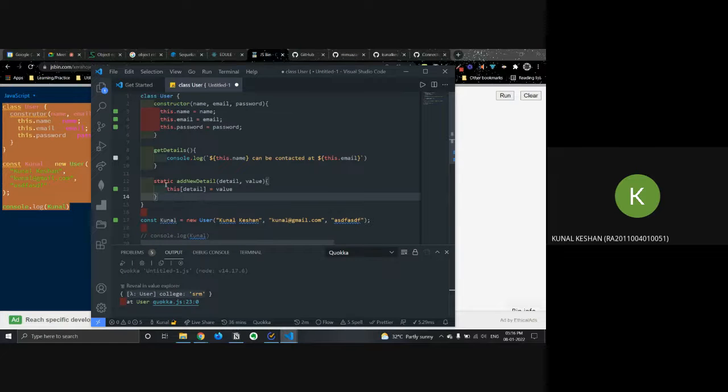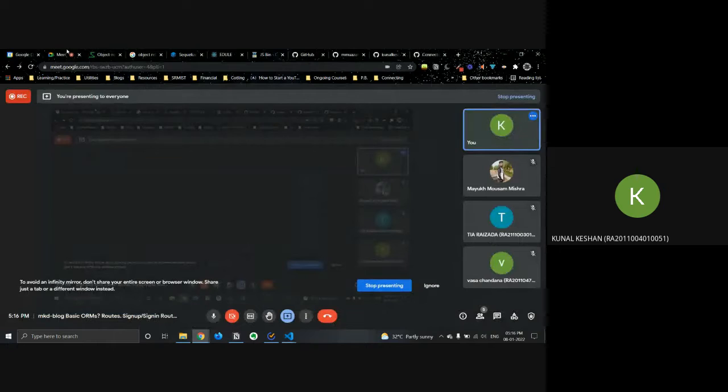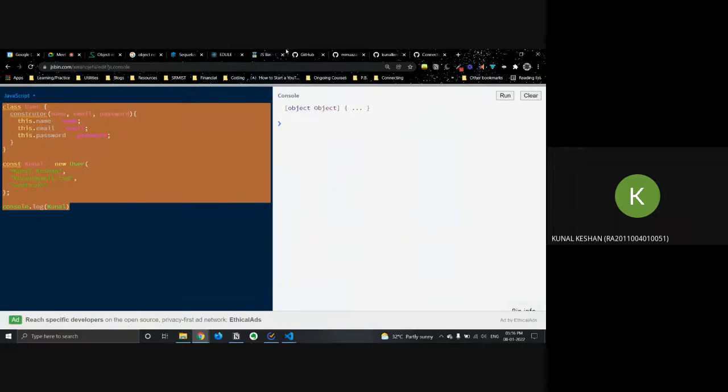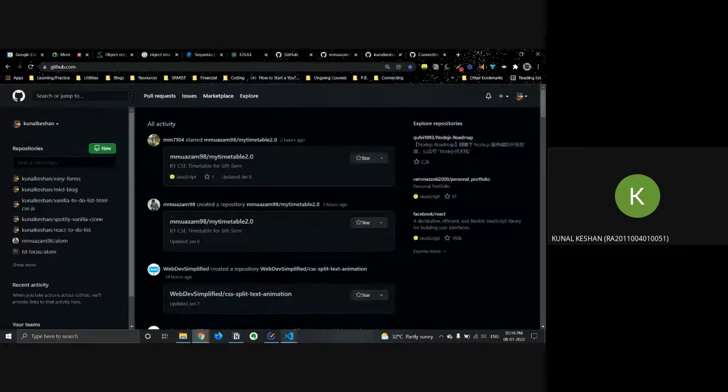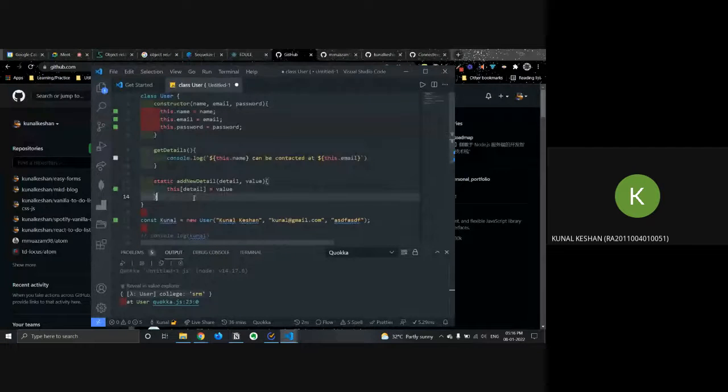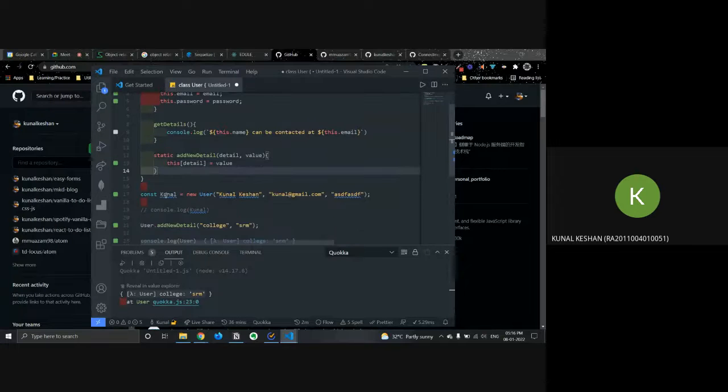Is it clear why this is static? I mean, how static classes are used, how the static keyword is used. Any ideas about the static keyword? Because we will be using this in our project as well.